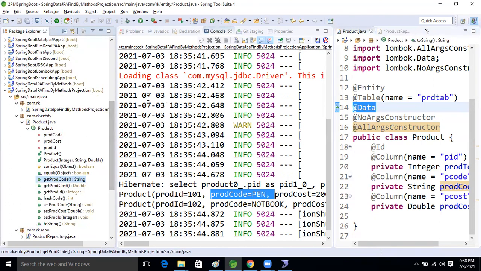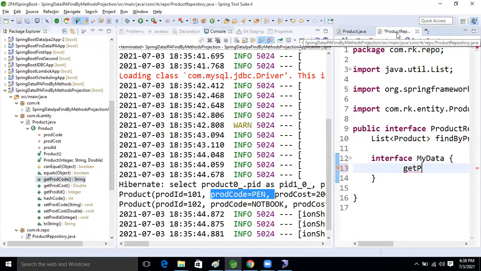Get prod code is there, right? Get prod code is there. Now come here. So it must match, otherwise again it will not run, guys. What do we want to select? The product code and product cost, right? Product code and product cost, not ID. So what will we take now? Getter and setter. So get the prod code we want. This method we will call inside that.